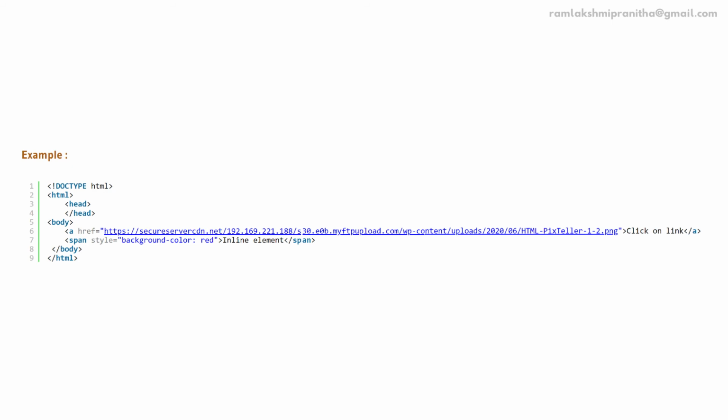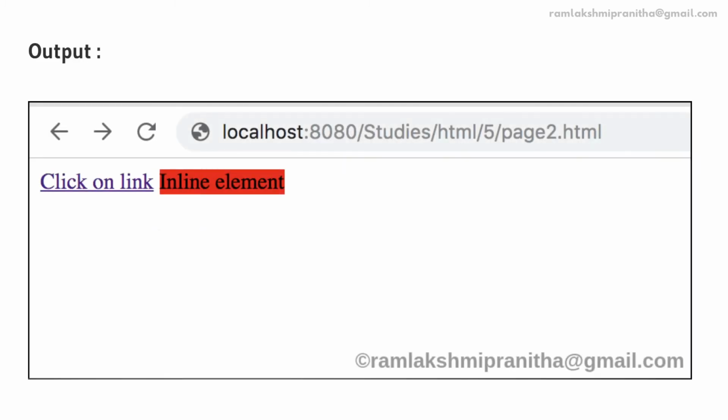8. An anchor tag and span tag are declared. 9. In the anchor tag an image file is included using the href attribute. 10. In the span tag just the background color is set as red. 11. Now save the file with the .html extension. 12. And if we access the file via a web browser,